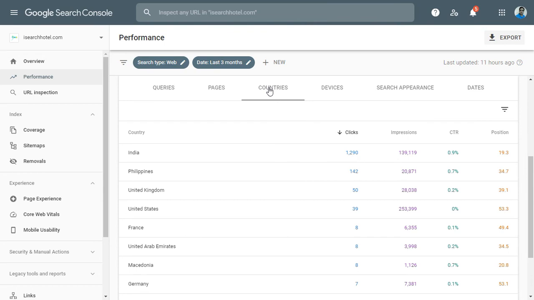If you are targeting a specific country and you are getting traffic from that country, you are heading in the right direction, and you have to continuously work on your performance and your content. So you will achieve your target after some time. But if the country you are targeting is not being shown, and you are not getting traffic from that country, something is wrong and you have to change your content strategy.